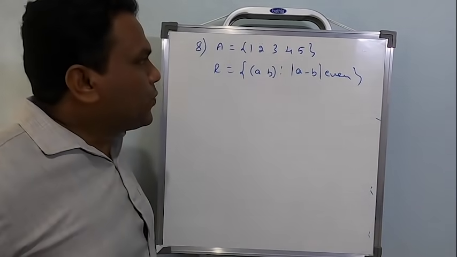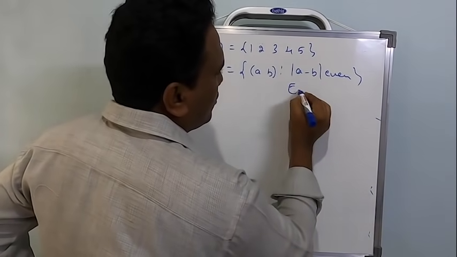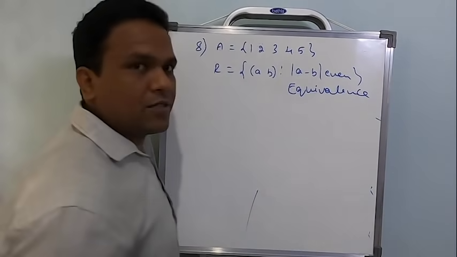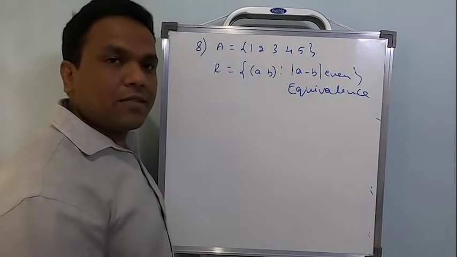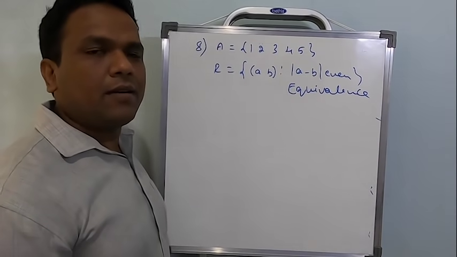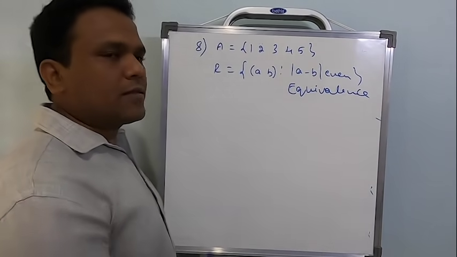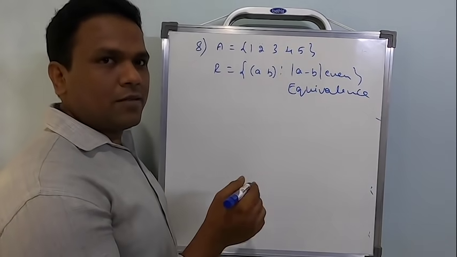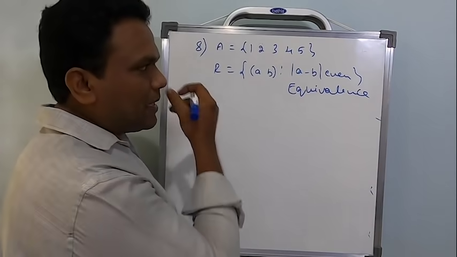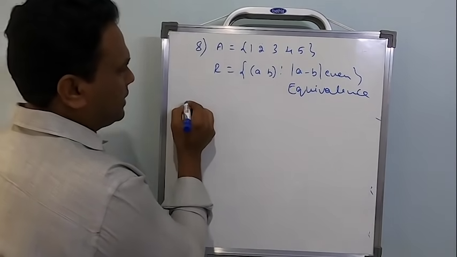First thing is we have to show this is an equivalence relation. When will we say the relation is an equivalence? If the relation is reflexive, symmetric and transitive. So we have to discuss all 3 now. It's a "show that" problem, so I should show that it holds good every time.